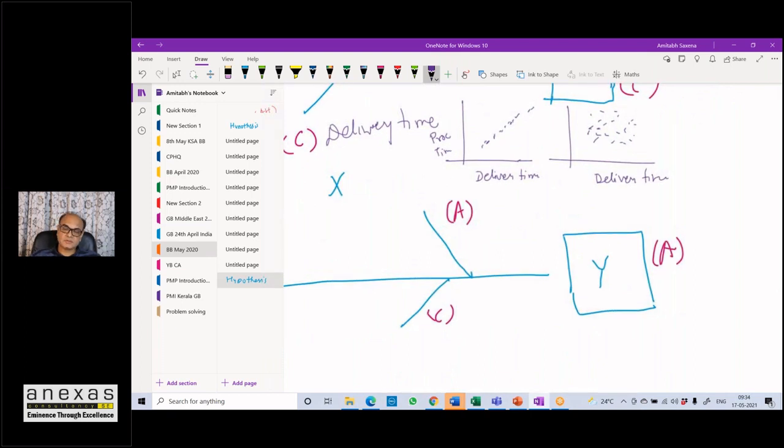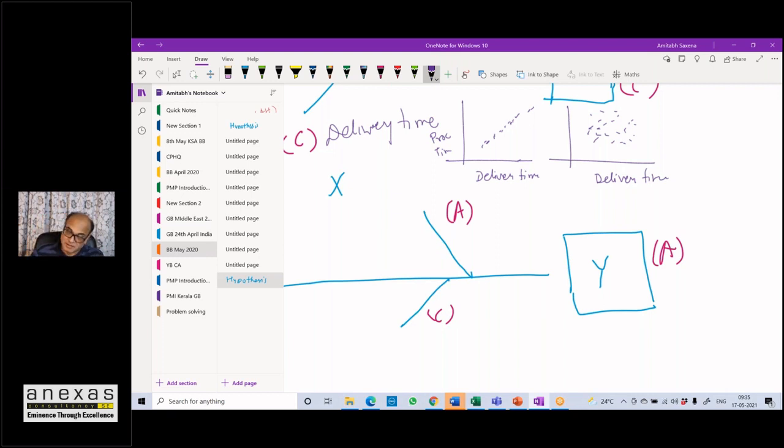For attribute and attribute, let us convert the procurement time problem into whether the procurement is delayed or not delayed. Or I can even think, if I'm investigating the procurement time, I can even investigate whether the procurement is having defect or not. Let's say I'm talking about the errors. So if I'm talking about the errors,